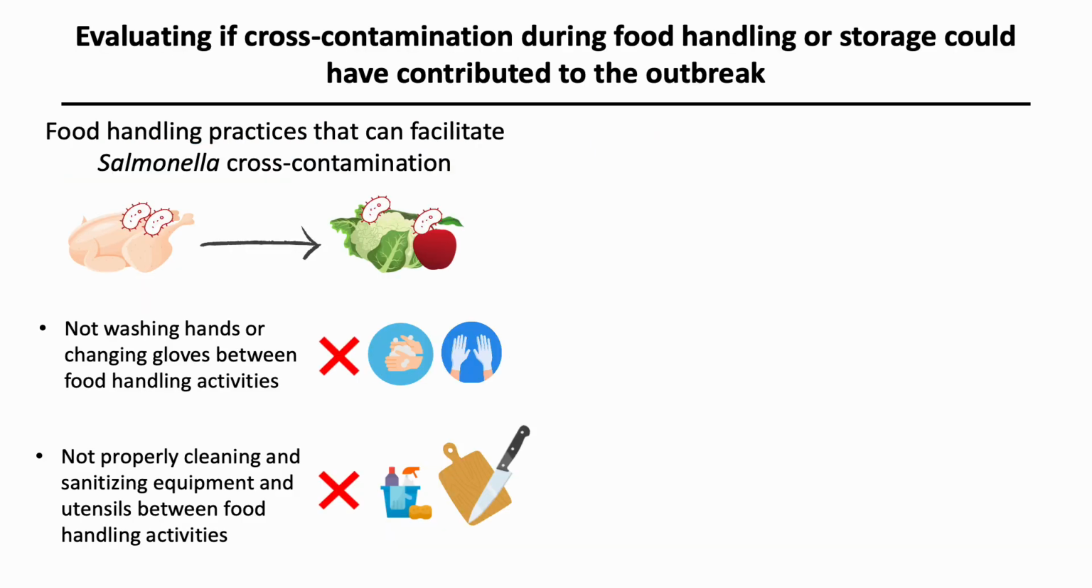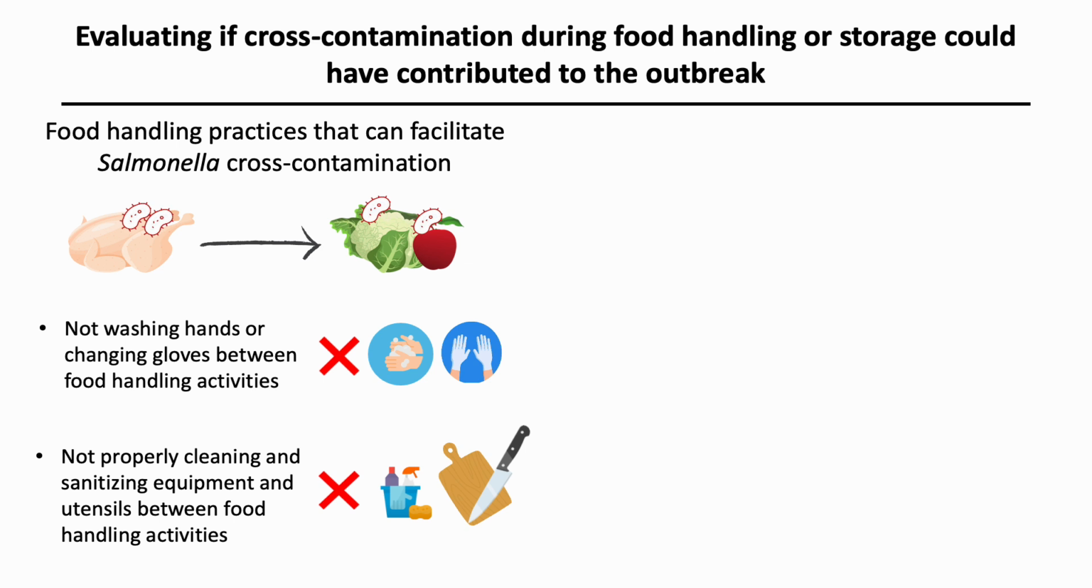Salmonella can be spread from contaminated food products to non-contaminated food products if food handlers are not washing their hands or changing gloves between handling foods like raw poultry or meat and handling ready-to-eat foods such as fresh fruits and vegetables. Also, not properly cleaning and sanitizing equipment and utensils between handling different types of food can also potentially facilitate